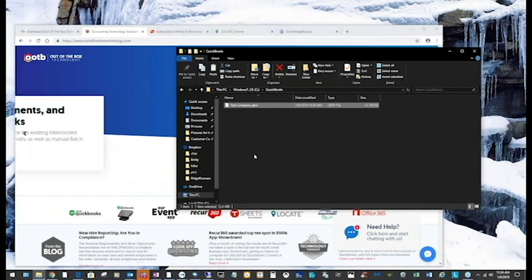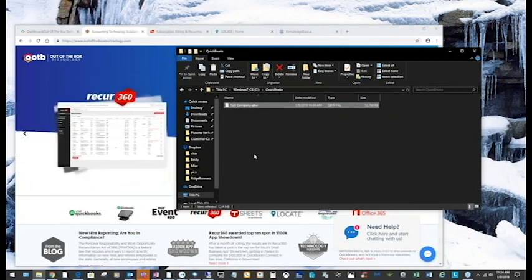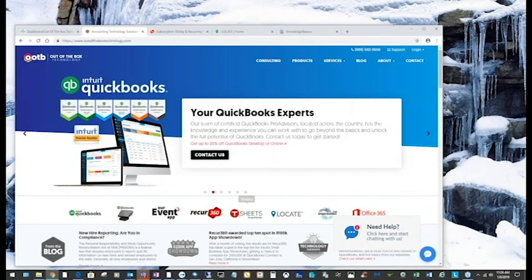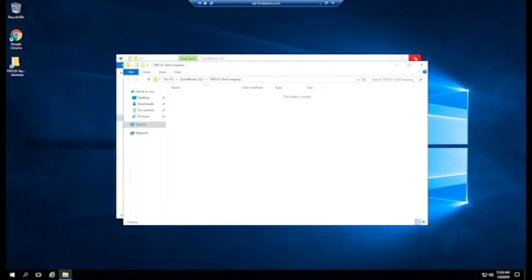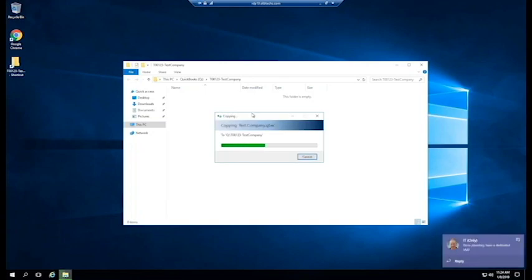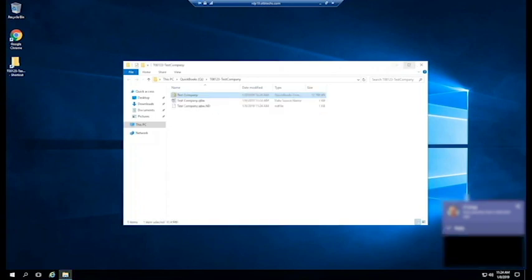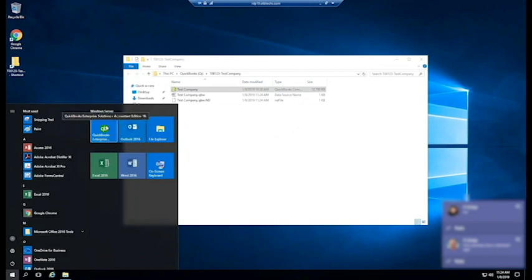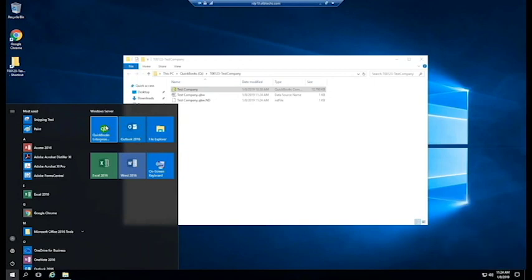You can do the copy and paste between environments for all types of files, be it Excel files, Word files, PDFs, and whatnot. So I've copied that file now. I'm going to go back to our hosting environment, and here is your company folder, and I'm going to paste that file into your company folder. Now that we've moved that company over, I'm going to go to the Start menu here and launch QuickBooks. We also have a full suite of Office 2016 on our servers available to users as well, in case you want to configure Outlook to email out of QuickBooks, or reports for Excel and things like that.